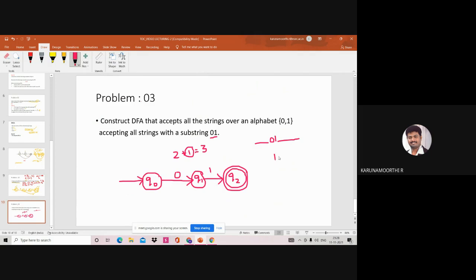Suppose 1, not 1, this is also a valid string, right? Where do I want to put this one? Shall I put it over here? Yeah. So now 101 is accepted,